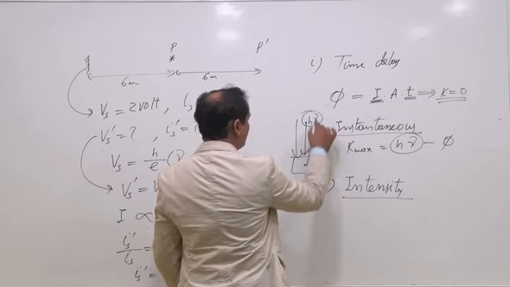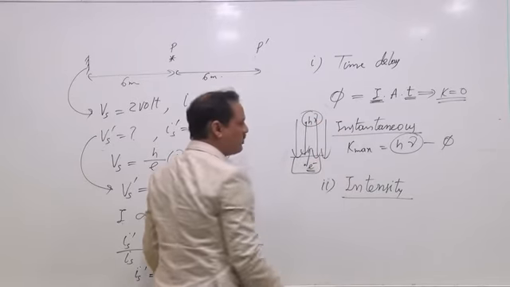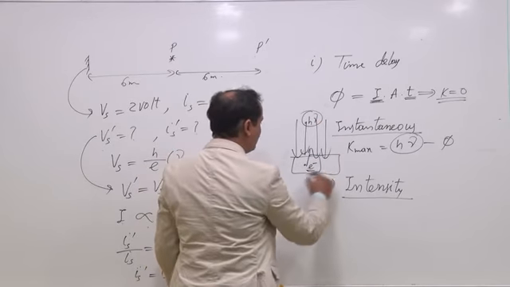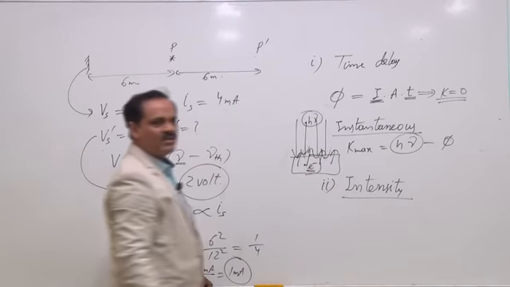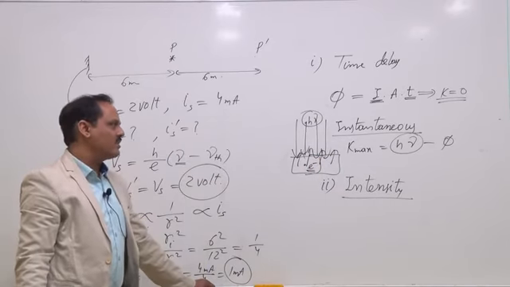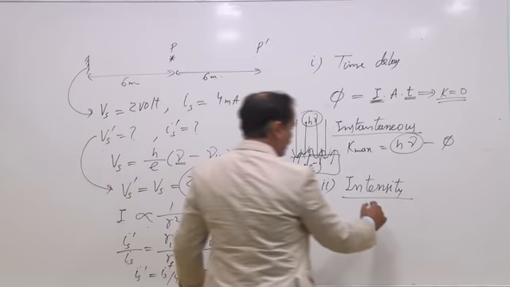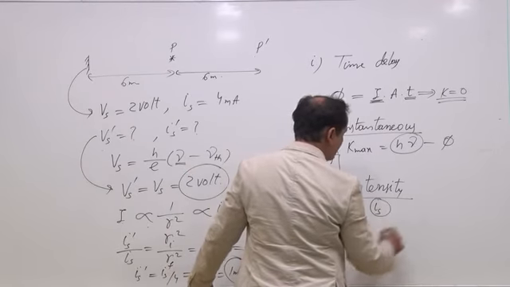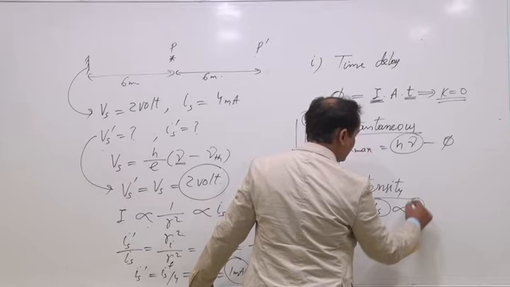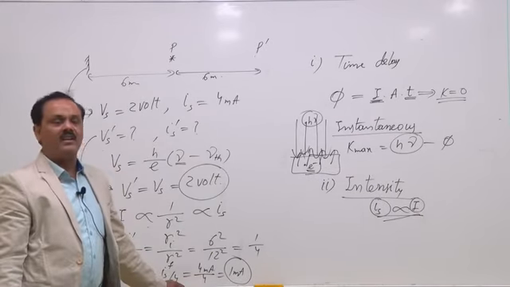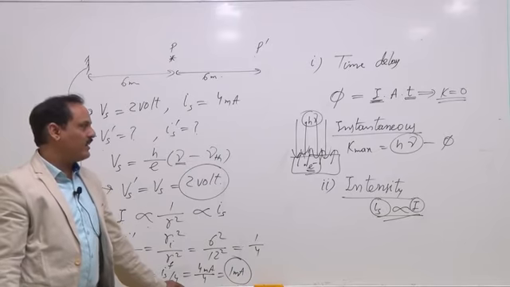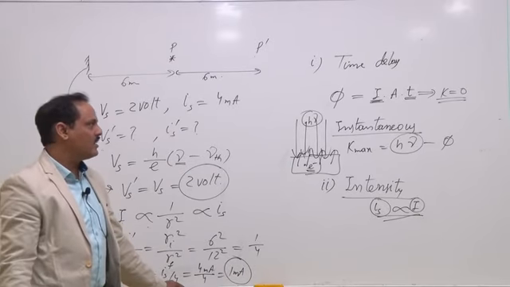More intensity means more number of photons. As more photons are falling on it, more electrons will be emitted. As the number of electrons increases, current increases. So the dependence of saturation current on intensity can be explained only by the photon or particle nature of light and not by wave nature. So this is the intensity problem.